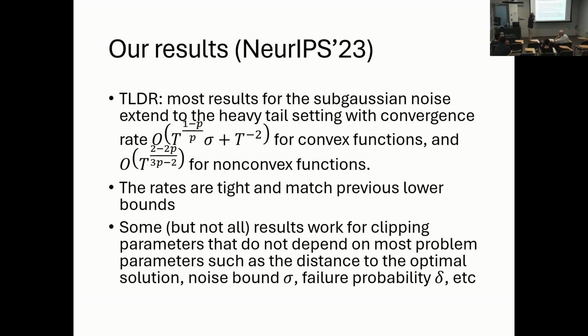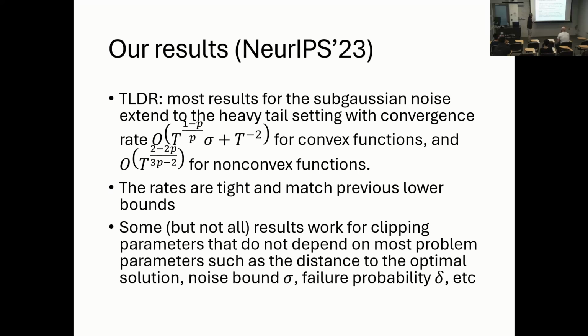For the convex case, the rate turns out to be t to the (1-p)/p. So for example, if you go back to the standard setup with p equal to 2, you get t to the minus half, 1 over root t, which we talked about earlier. And for the non-convex case, if you put in p equal to 2, you get